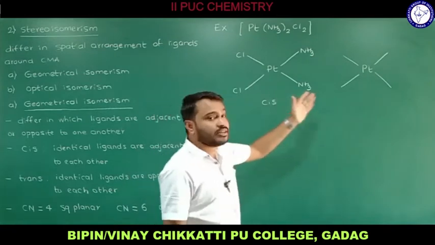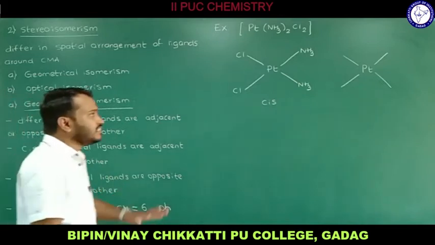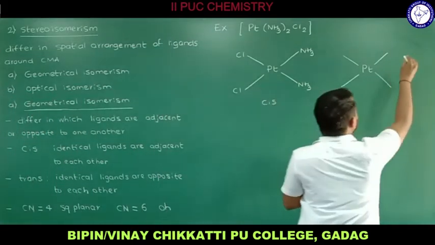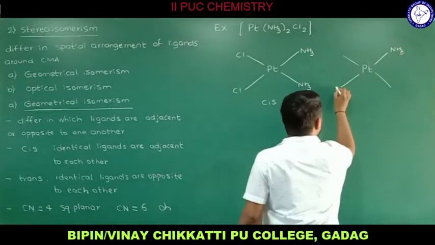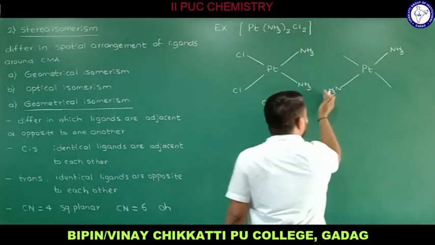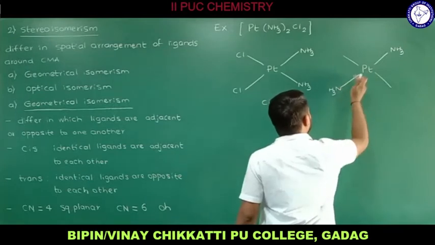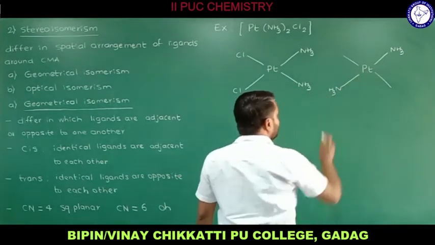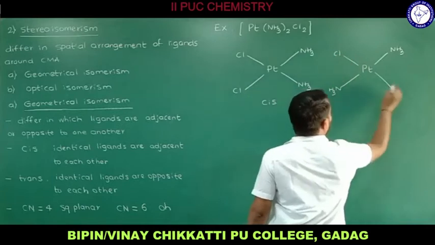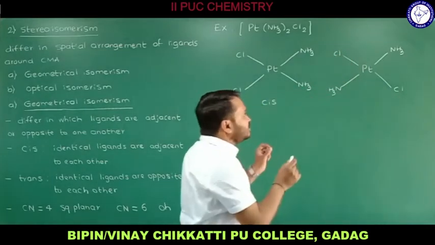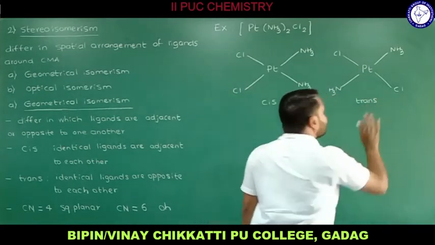Now we'll see how the trans isomer can be drawn. In a trans isomer, observe that the identical ligands are exactly opposite. If I write NH3 here, the identical ligand NH3 I write opposite, here. I write NH3 in this fashion because nitrogen is going to donate the lone pair of electrons, so there is a bond between nitrogen and platinum. So NH3 identical ligands are opposite. One more kind of ligand we have is Cl. So one Cl I will write here and one more Cl here. Since the identical ligands are exactly opposite, this kind of isomer we call a trans isomer.